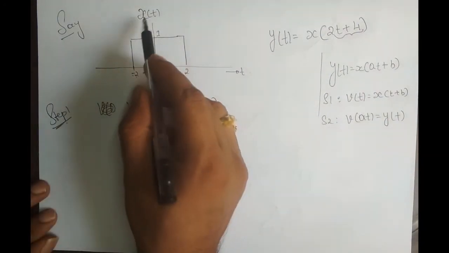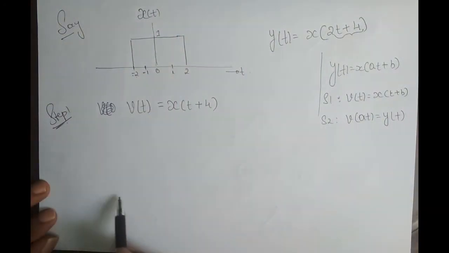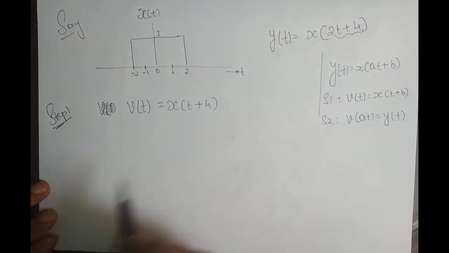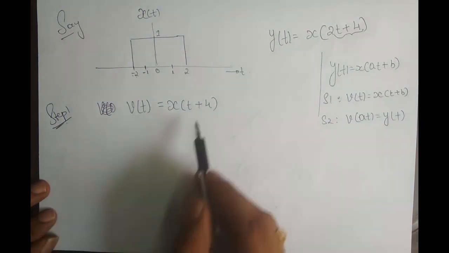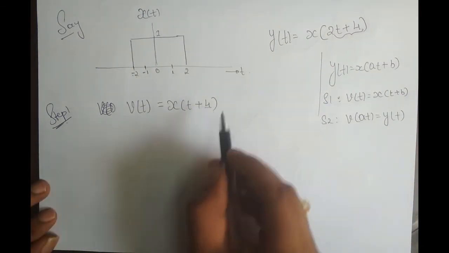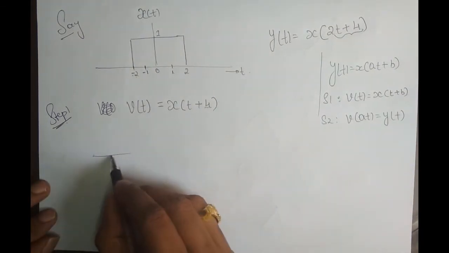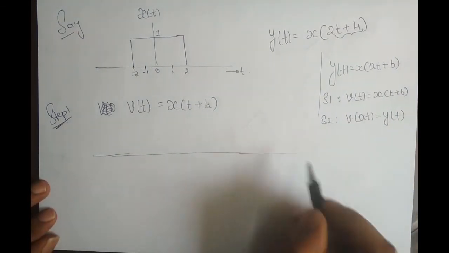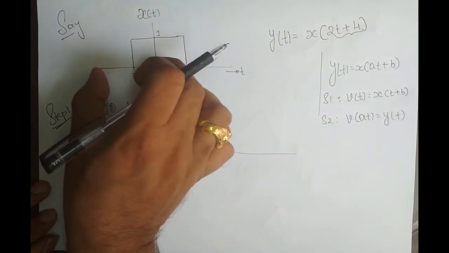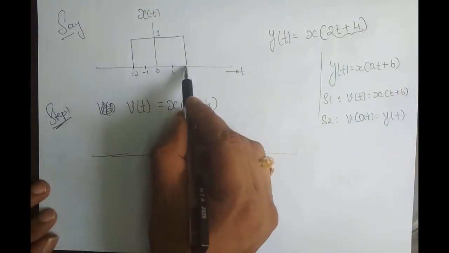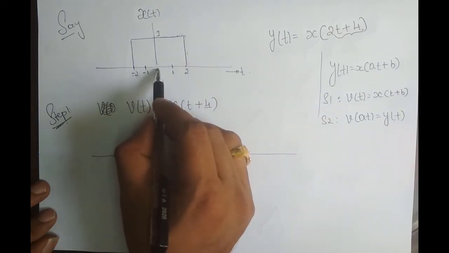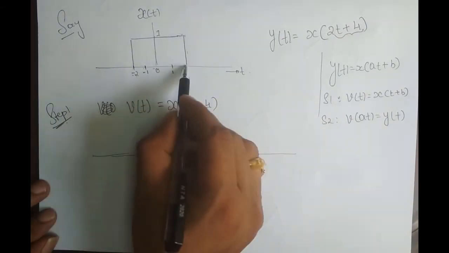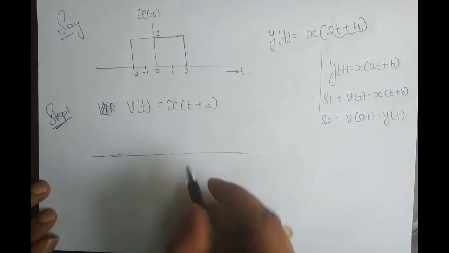right? So if you know x of t, and x of t is a rectangular pulse, how do I get x of t plus 4? So it is a shifting operation. If it is plus, I have to shift right or left. So I have to shift it left. How many times? 4 times I need to shift it left, right? So if I do that, so 1 time, 2 time, 3 time, 4 time. So this part of the signal comes here 1 time. So comes here 2 times, comes here 3 times, and comes here 4 times. So entire thing goes here, right?